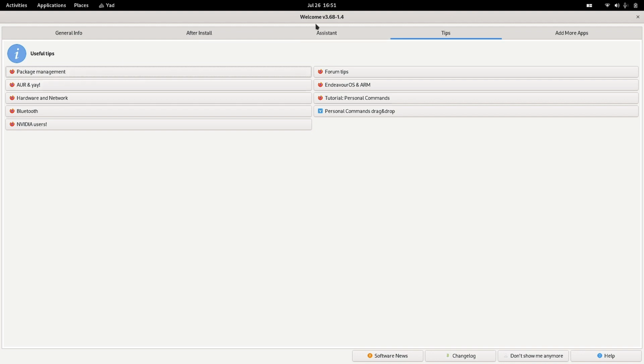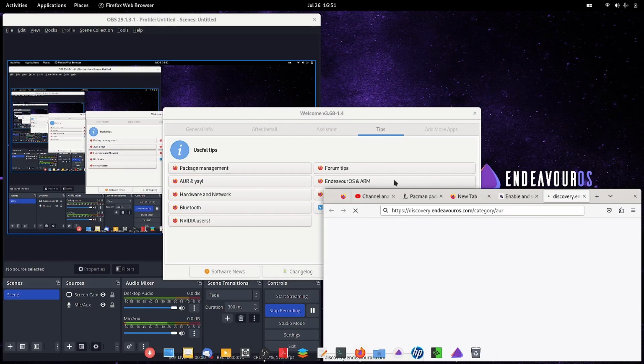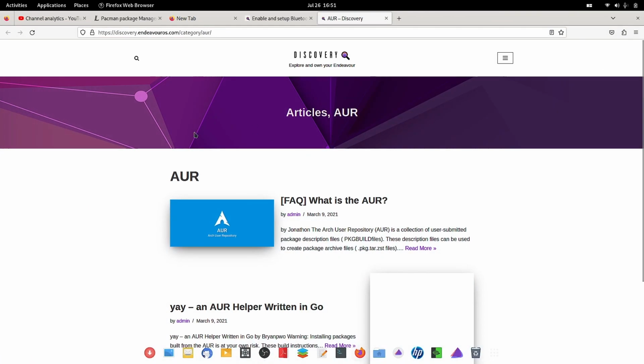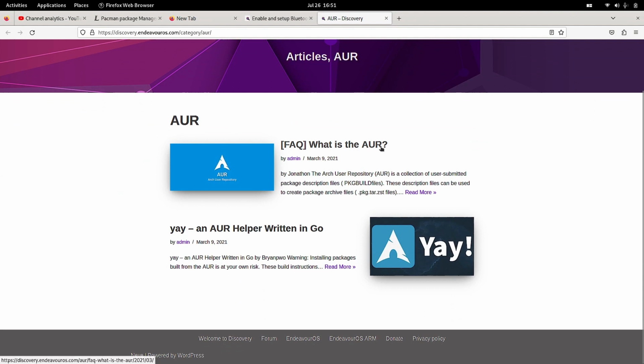So you have to open up the welcome app, and in the tips section, click on AUR and EA. This will open up the discovery page, and in the discovery page, you can read what is AUR, what is EA. EA is an AUR helper written in Go, and there will be a lot of information to start you up with, and later on you can search more advanced information regarding AUR and EA from other sources, and you